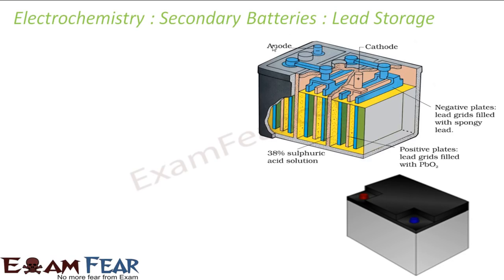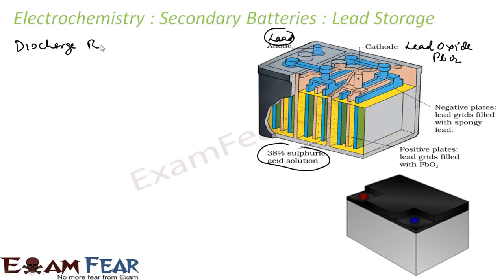Here my anode is lead and cathode is lead oxide, PbO2, and my electrolyte is 38% sulfuric acid. Correct? Now if you see the discharge cycle, I can show you the discharge. When you talk about the discharge reaction,